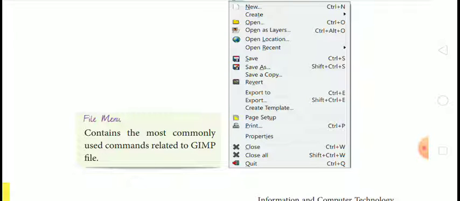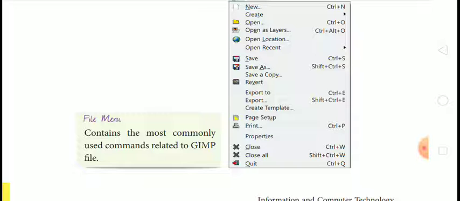Then we will see the Save option. Ctrl plus S is the shortcut key to save a file. If you have done your image editing, after that you should save your file.